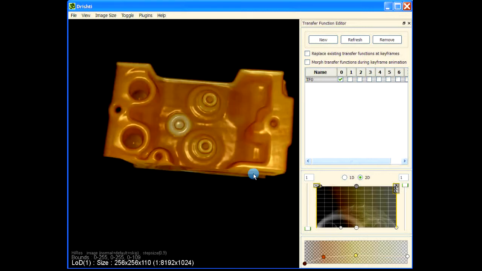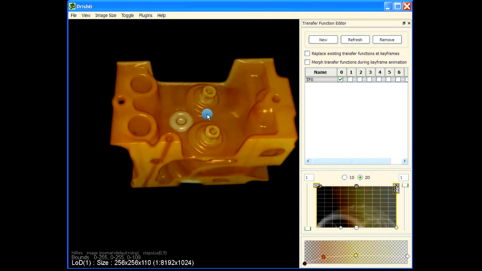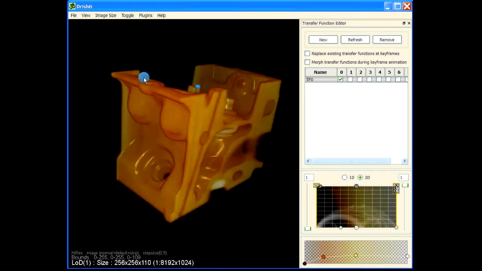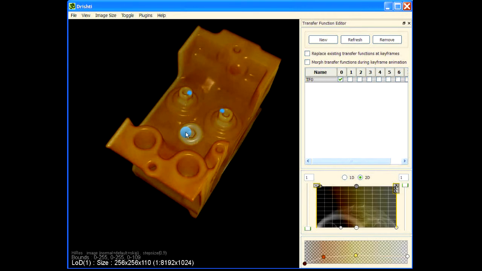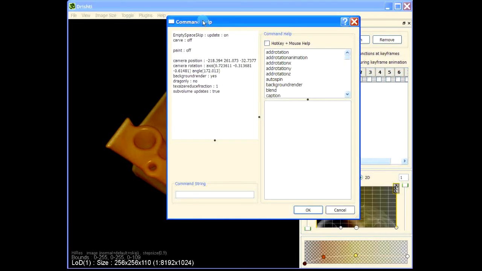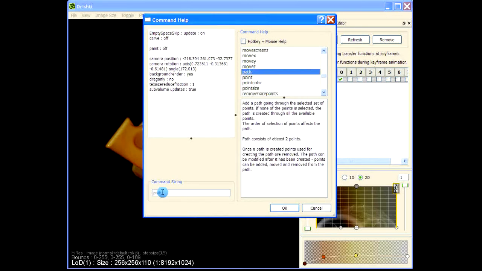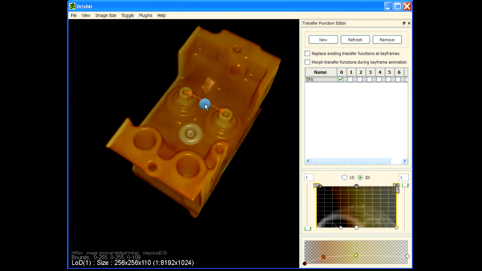Now, in order to do simple length measurements, let us say we want to get the distance between these two points here. Let's add a point. Use shift and left click to add a point, shift and left click to add another point. So we have got two points here. Now press space bar. The space bar will bring the command help, and now we will add the path. So we have added the path, and if you hover over the path, you will get the distance